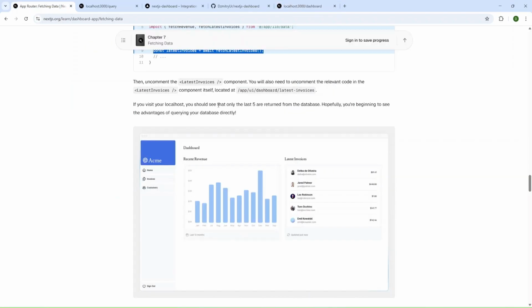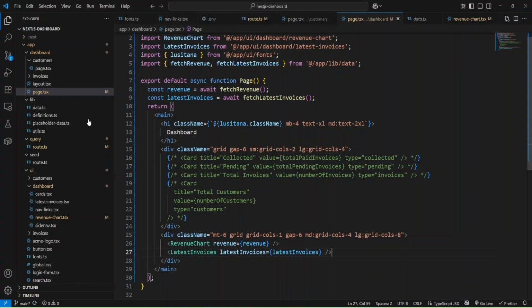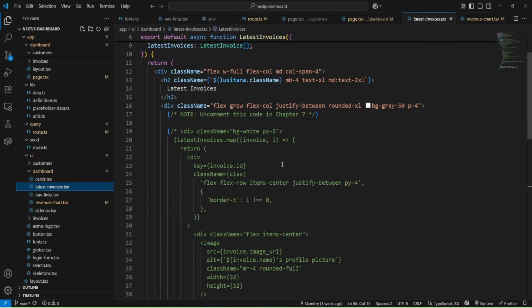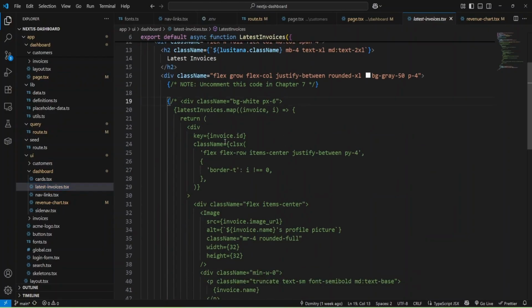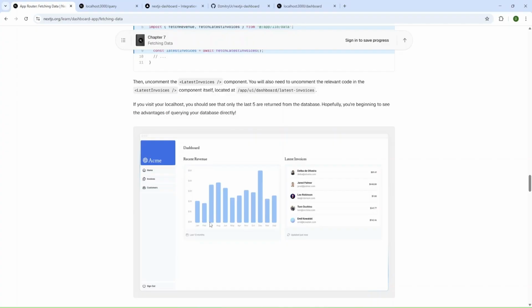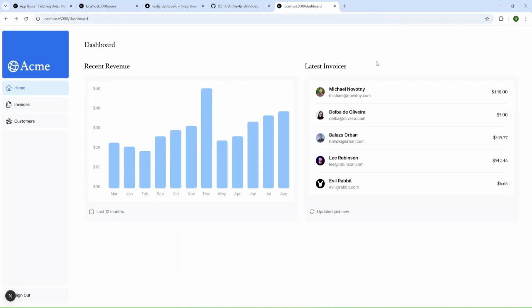Let's check. Probably we forgot to uncomment something. Yeah, we need to uncomment code in the latest invoices component. I believe it's here, and we can uncomment this code, and here. Let's check. Okay, go to dashboard, and as you can see, we have our component here.